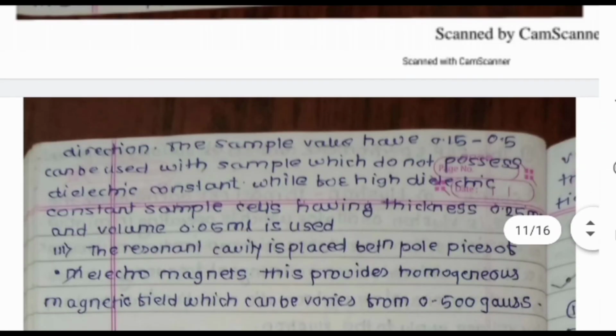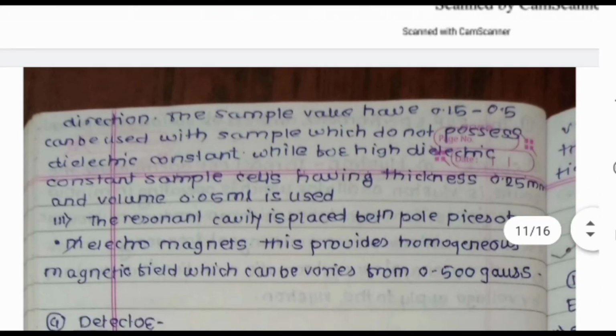direction. The sample cell is around 0.50, this 0.50 is the size of the cavity, and 0.5 ml is the amount of sample required, which can be used with a sample which does not possess a high dielectric constant. While for a high dielectric constant material, the sample cell should have a thickness of around 0.25 millimeter and the sample volume required is 0.05 ml. So depending upon the dielectric constant of the sample,